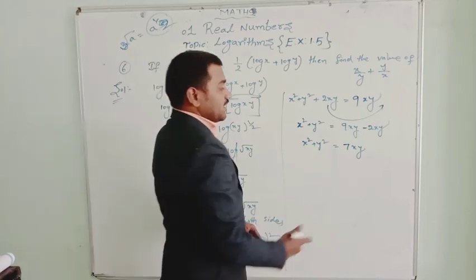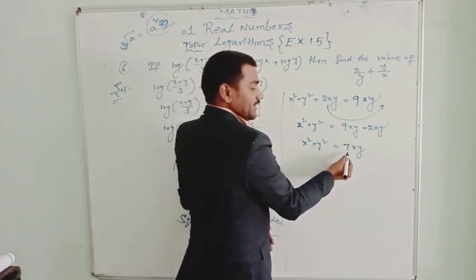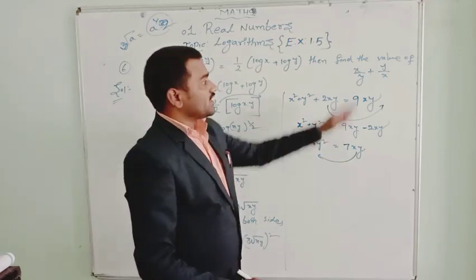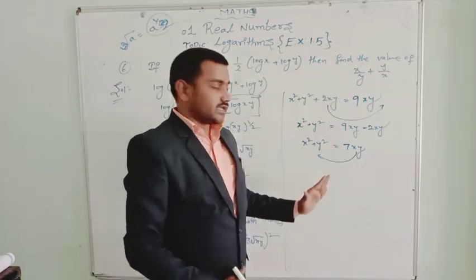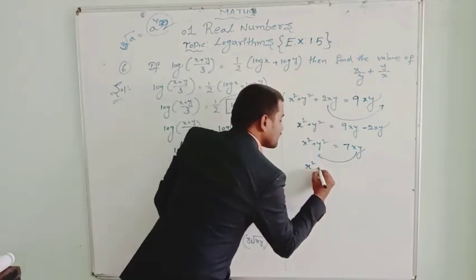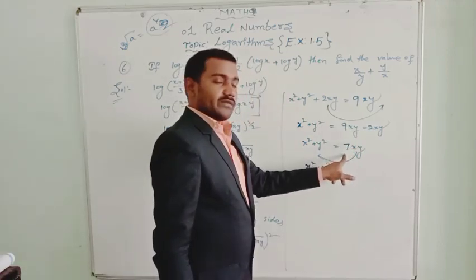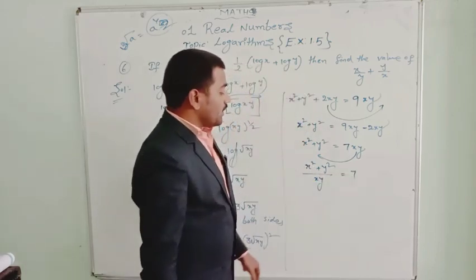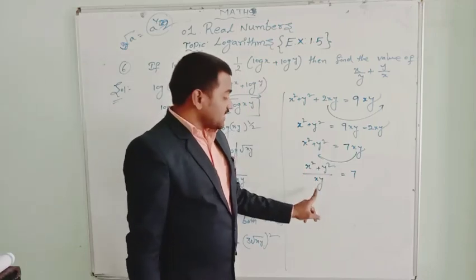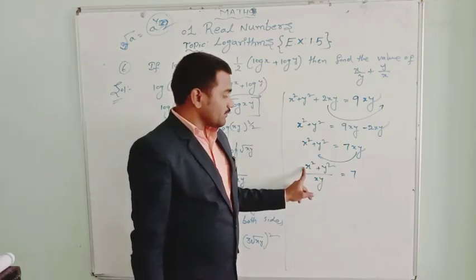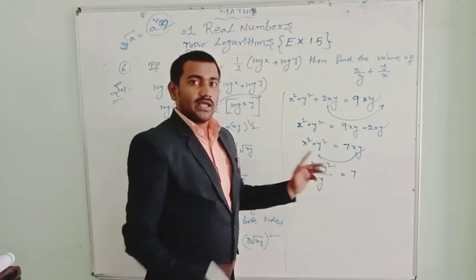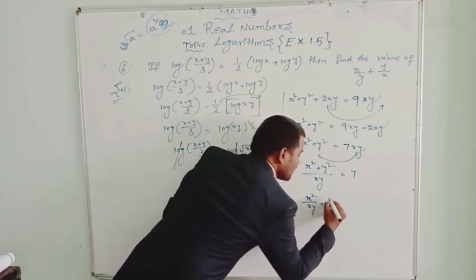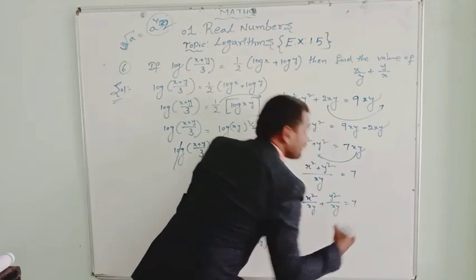Now, from that, this xy has a coefficient of 7. So this xy will transport to the LHS side to get it in the form of x by y plus y by x. That's the value we need. So let's transport this, x square plus y square by xy, since it is multiplying with 7, it will divide on the LHS, that equals 7. What it means is, this xy is dividing x square, and this xy is also dividing y square. Let us split it into x square and y square: x square by xy plus y square by xy, that equals 7.